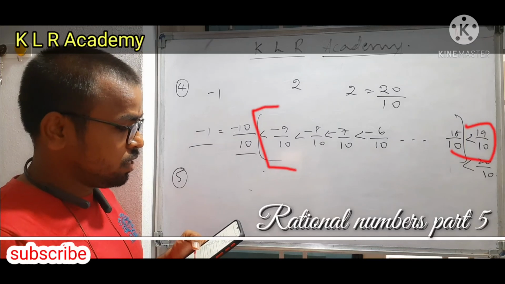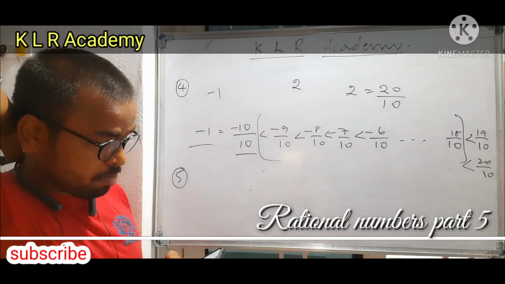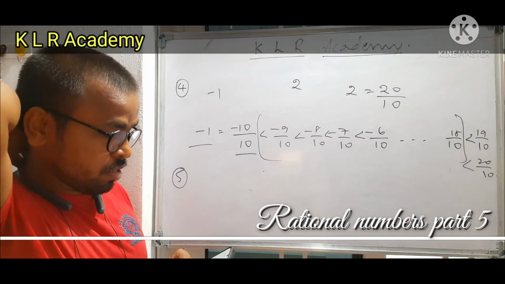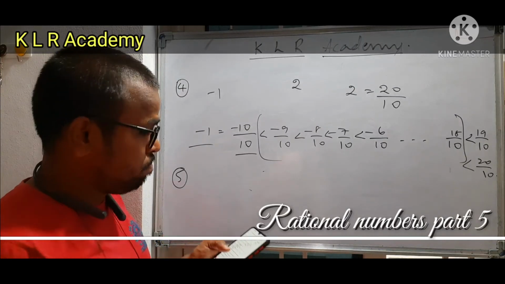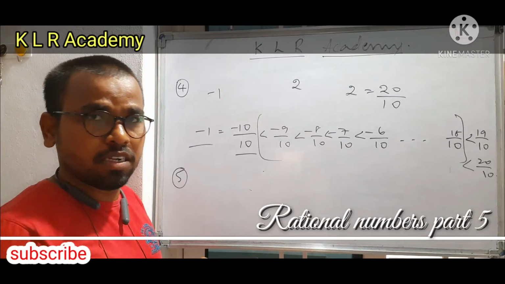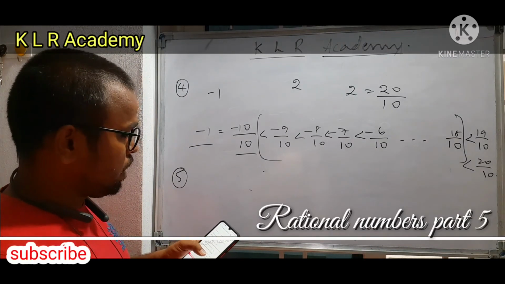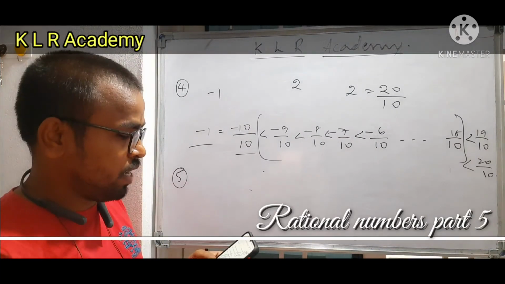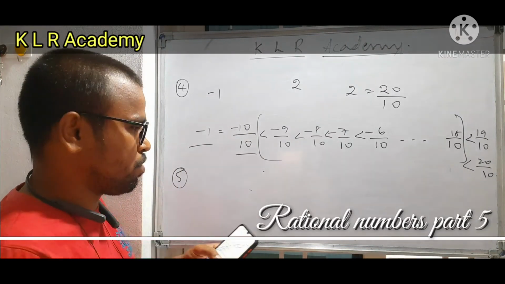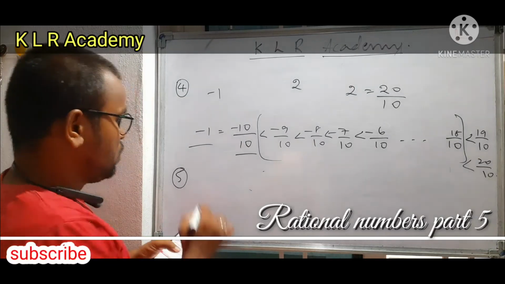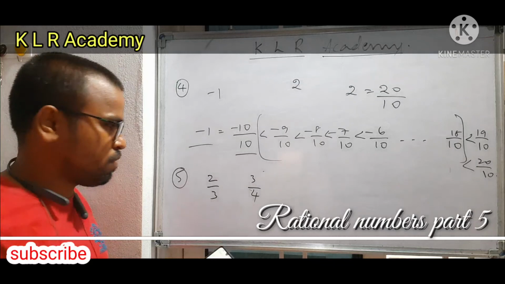Okay, next question number 5. Find a rational number between 2 by 3 and 3 by 4. So a hint is given. First write the rational numbers with equal denominators. But here, instead of getting equal denominators, you can use the concept. Here they are not asking to write many rational numbers. Find a rational number, which means one rational number, between 2 by 3 and 3 by 4. The hint is also not required.